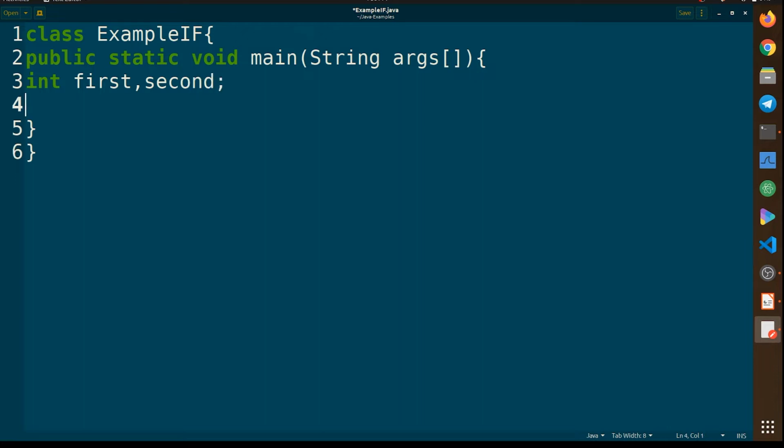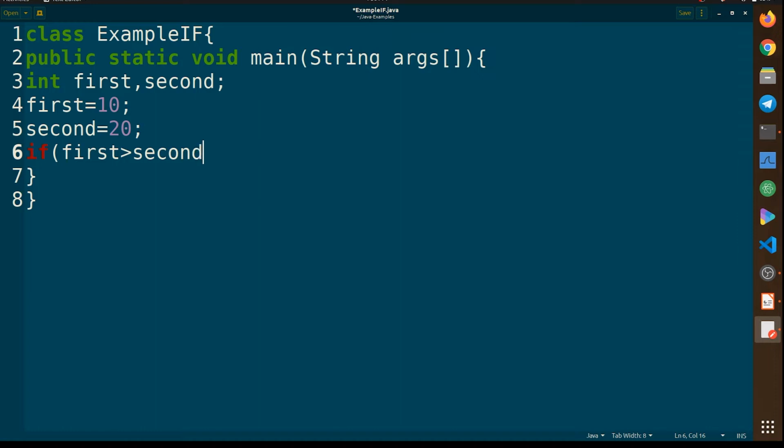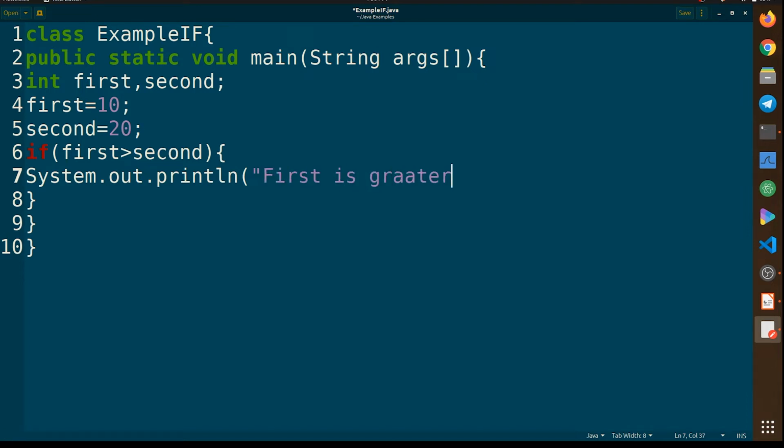Now let's give some values. So first will have 10, second will have 20, and we want to compare them now. So if first is greater than second, we want to execute a print statement, which will say System.out.println first is greater, and after that we will define our else block.